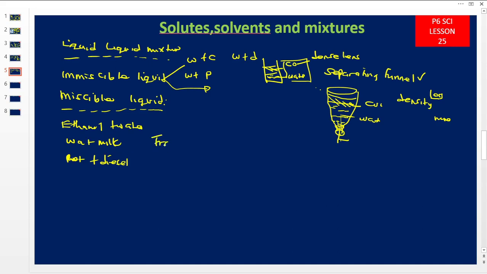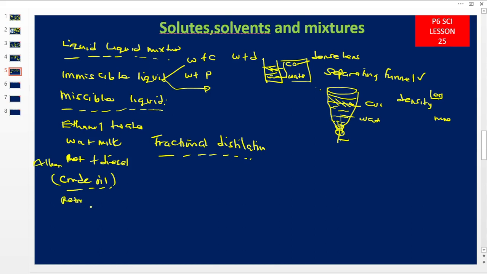We separate these ones using what we call the fractional distillation method. In primary 6 we shall discuss that it is even used to separate what we call crude oil, which is mined, like this one which they are going to mine from the lake. Which lake is that? Lake Albert, right? So it's crude, it's called petroleum. So to separate petrol, diesel, coal, paraffin, all of those,